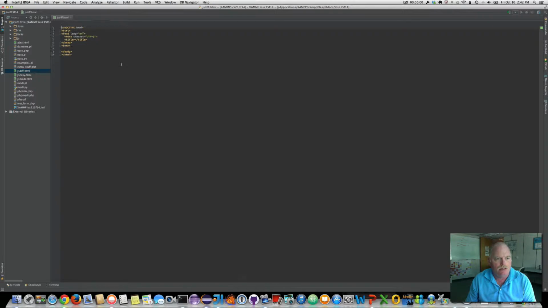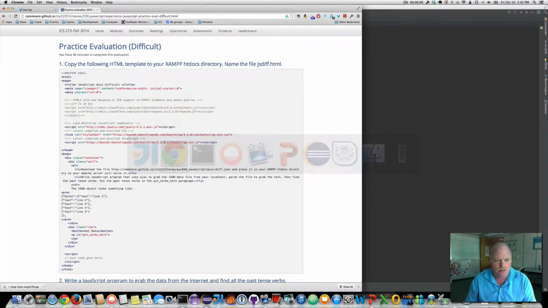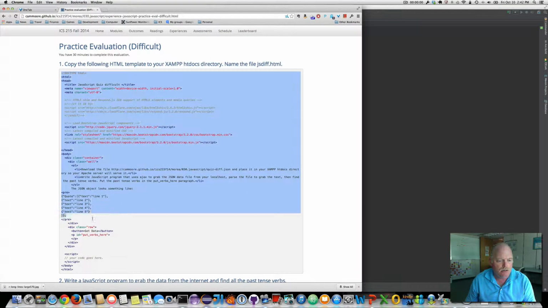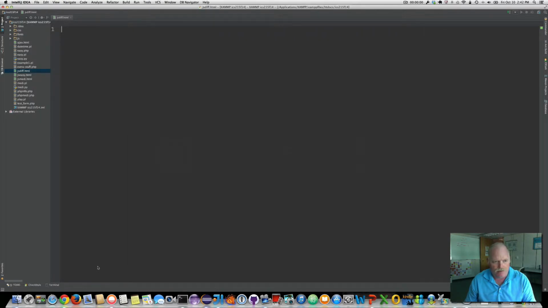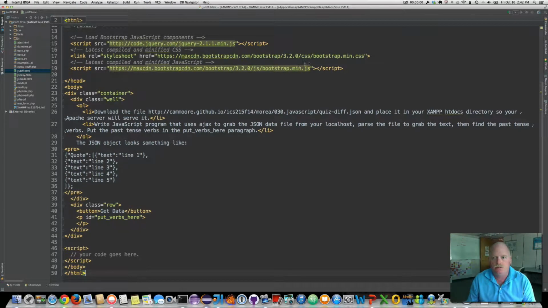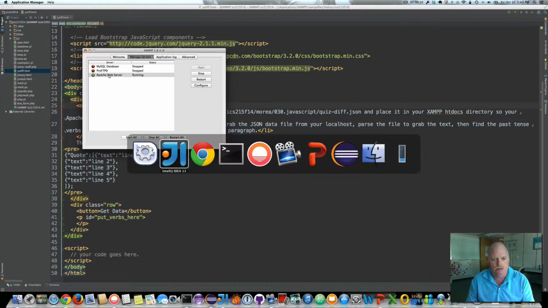Let's try to make that a little bigger so you can see what's going on. I don't need any of that. Let's grab, copy, save it. Oh, forgot to start my timer. Okay, so let's check on my Apache web server. It is running, so let's go